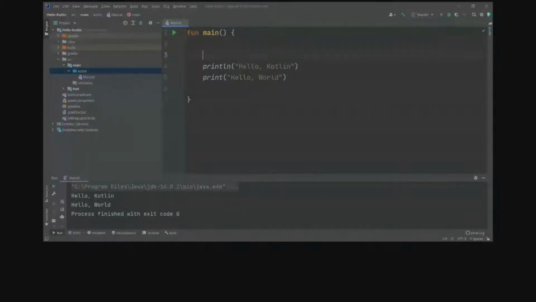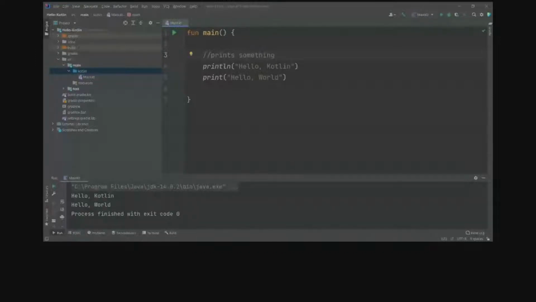One is a single line comment and the other is a multi-line comment. For a single line comment we just write two forward slashes and this is commented. So for example, this is the single line comment.